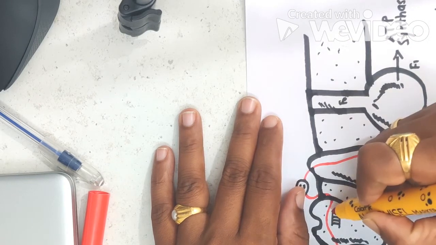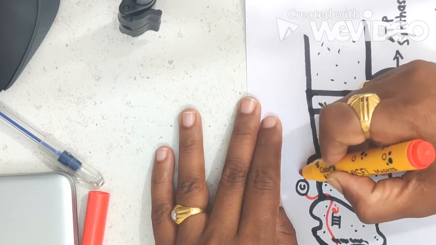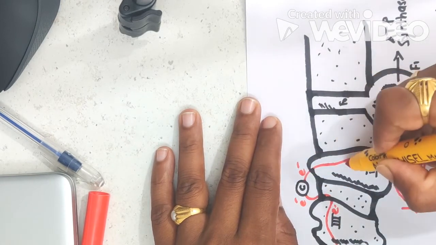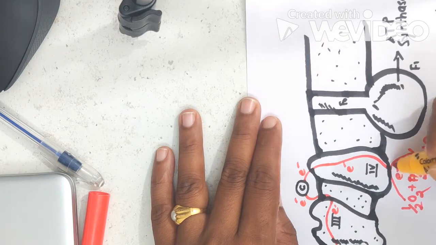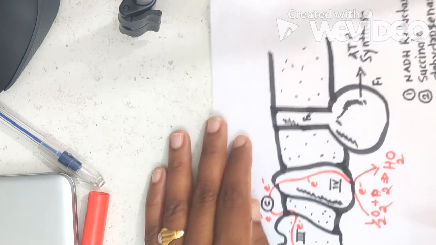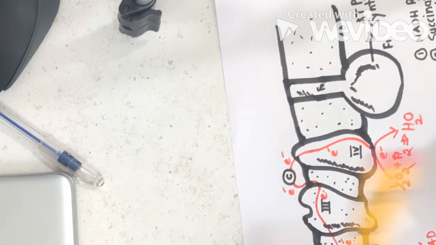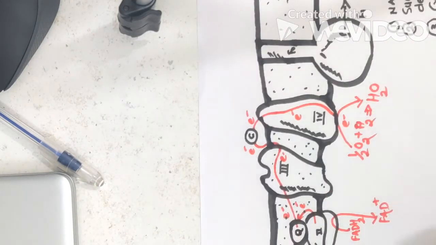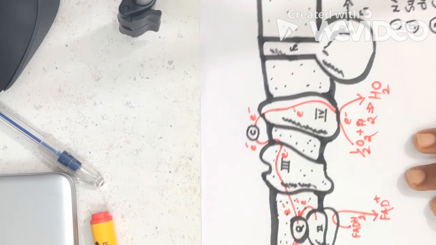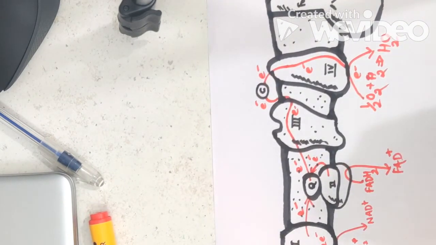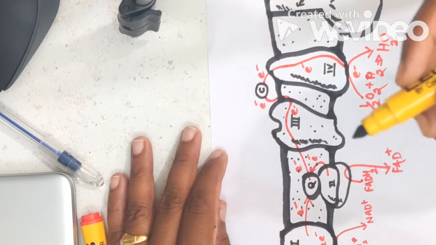That oxygen is now used by the electron transport chain for the terminal oxidation process. So whenever someone asks you the exact function of the oxygen that we are taking inside during the breathing process, tell them that oxygen is ultimately utilized by the terminal oxidation process in the electron transport chain.